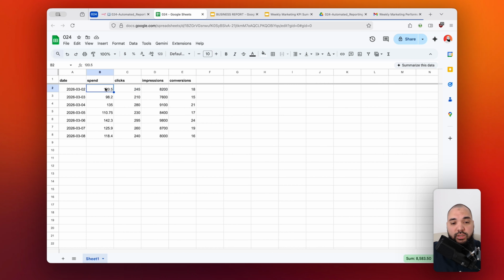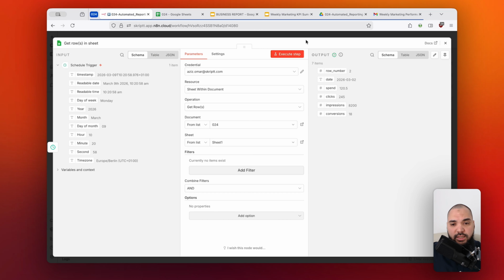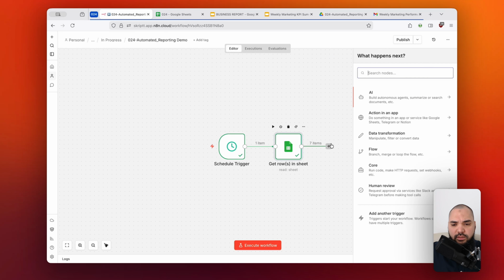What you can obviously do is to throw in a lot more data, right? So that the summary at the end of the day will also have a little more depth in that regard. But for this case, this is going to be enough. So what I'm going to do is select the next node, and I'm going to jump into the AI section,